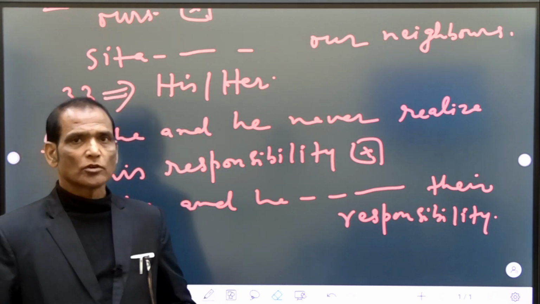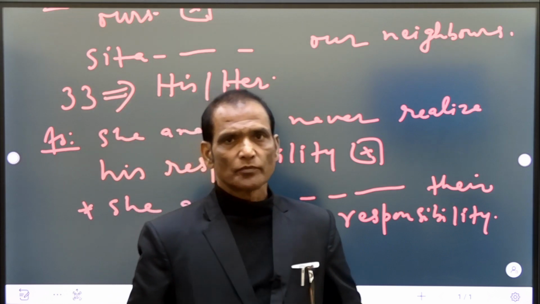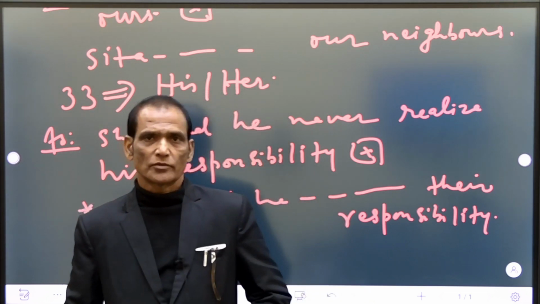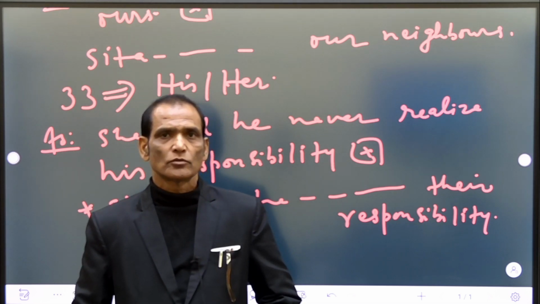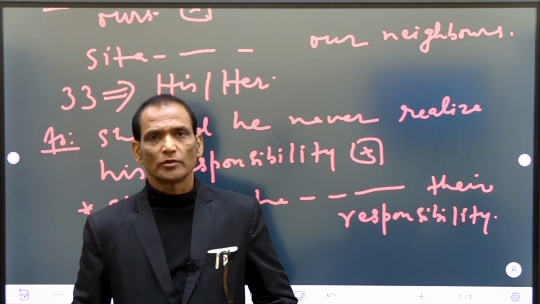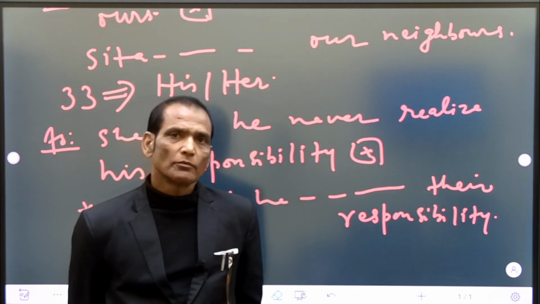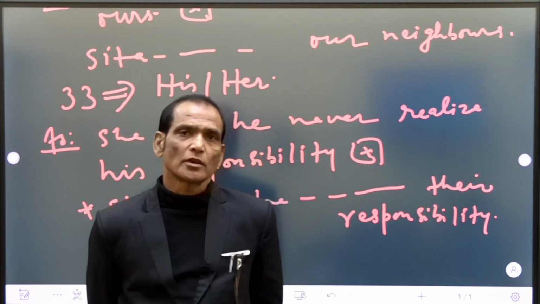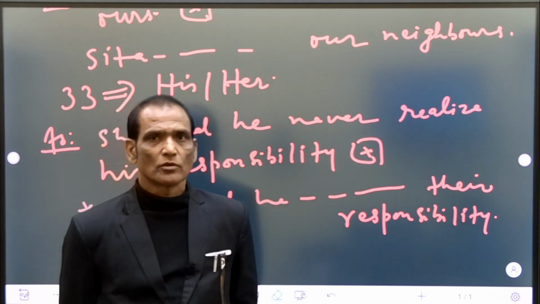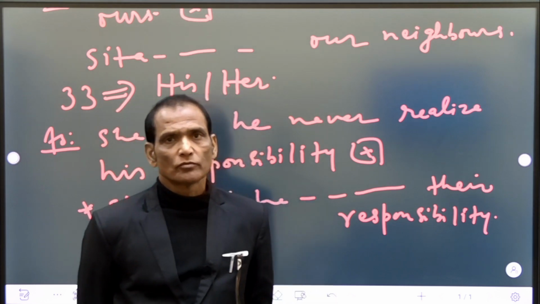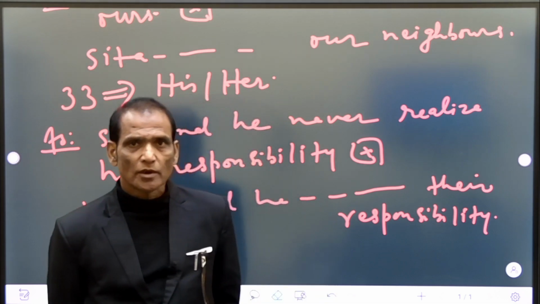And then after, I taught you that pronouns are found in 4 forms: nominative, possessive, objective and reflexive. And then after, I taught you that nominative pronouns are used to point out somebody or something. You mean to nominate somebody or something. For example, you are my students, I am your teacher. So you is pointing out my students and I is pointing out myself. So I and you are nominative pronouns,